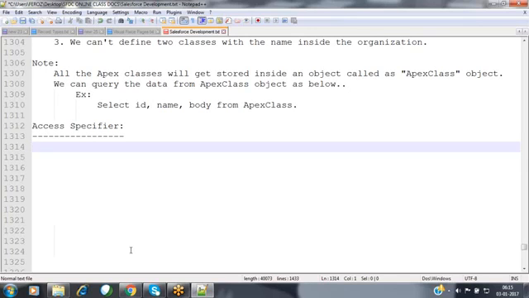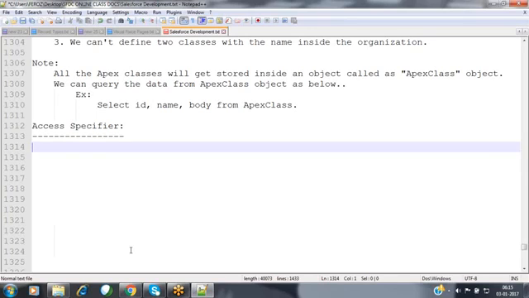For every member, we can define a separate access specifier. For each and every class member, it may be a variable, a property, a constructor, or a function, for everything, we can define a different level of access. It doesn't mean that if I provide some access level at the class level, the same will apply to all the class members, not like that. For each and every class member, we can define a different access level. It depends upon your need.